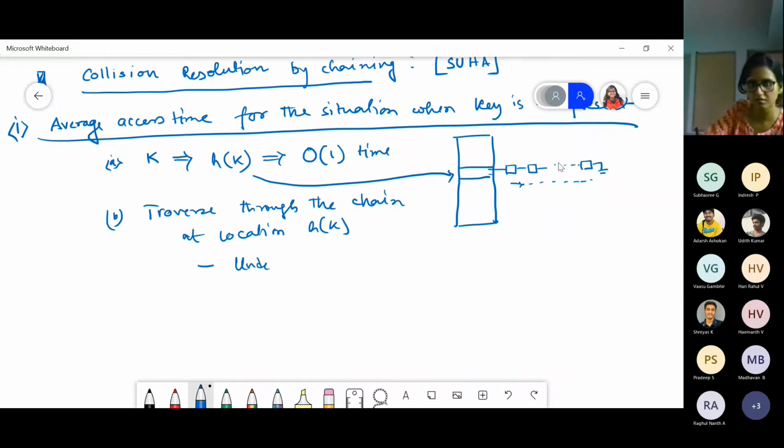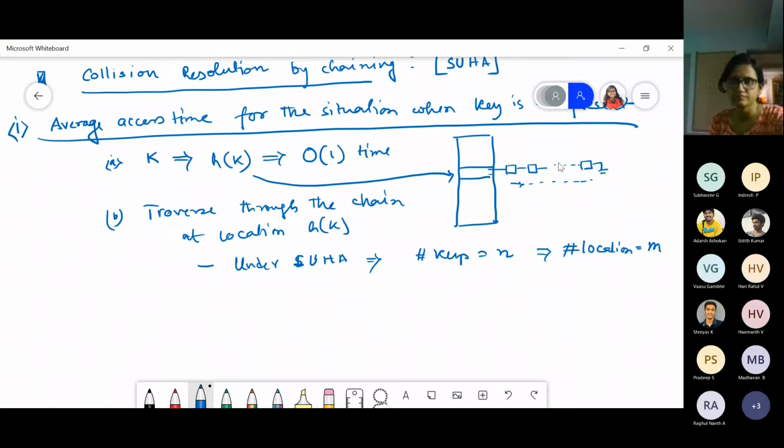So under SUHA, the total number of keys is n, right? These n keys have to be mapped to m locations. Total number of locations m. So what will be my average chain length? N?